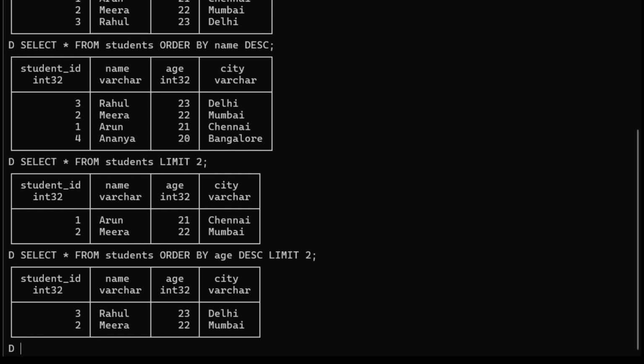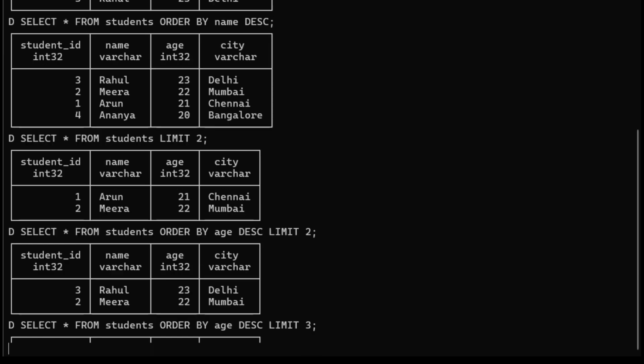Now you see the results. What if we use limit 3? If you use limit 3, we get 3 of them as output. Okay, so